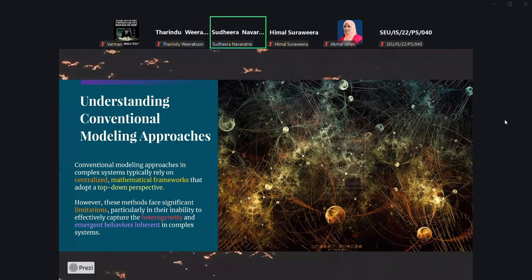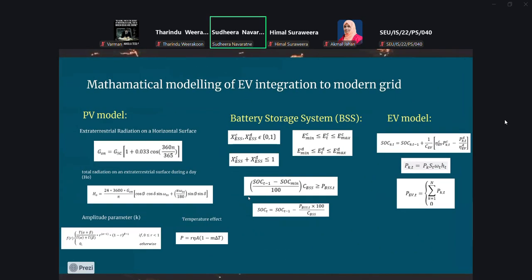Okay. So if you go for conventional modeling, we can use the conventional modeling approach, which is centralized and based on the mathematical framework, right? And you use the top-down perspective. So if you look at the mathematical modeling of the PV systems, battery energy storage, PV models, you can see there's a lot of equations involved with it, right? They may be linear, they may be non-linear. So then you have to handle them, and